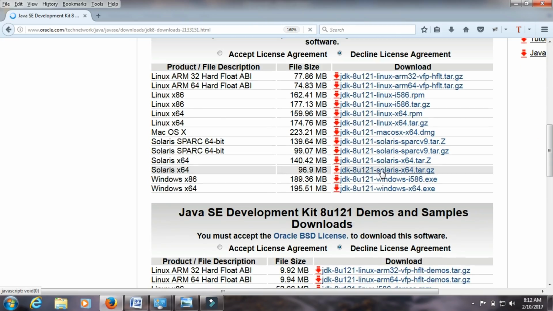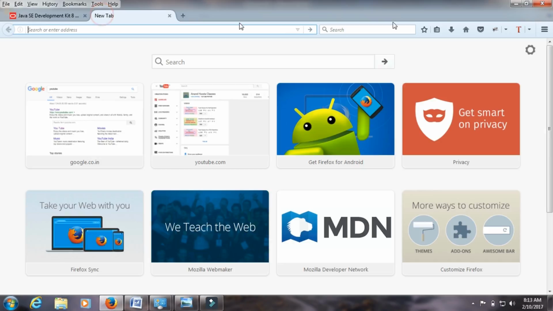So friends, here first you have to accept the agreement, and here you can find that this is the JDK for Windows x64. It means this JDK is for a 64-bit operating system. Here, please check: JDK Windows i586.exe. This is 32-bit Java. If your operating system is 64-bit, download the x64 one and install it. If your operating system is 32-bit, download i586.exe and install it. One thing is clear, and now go to the next thing.